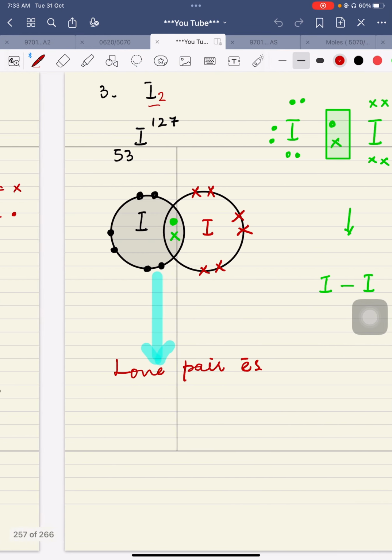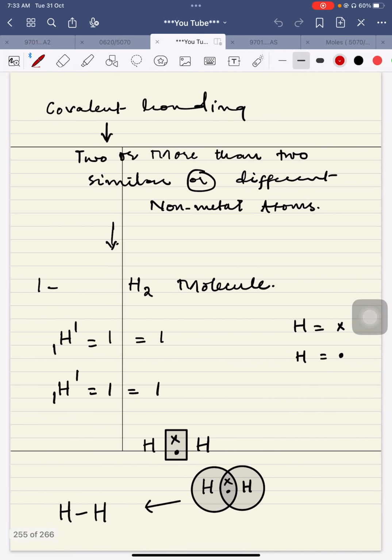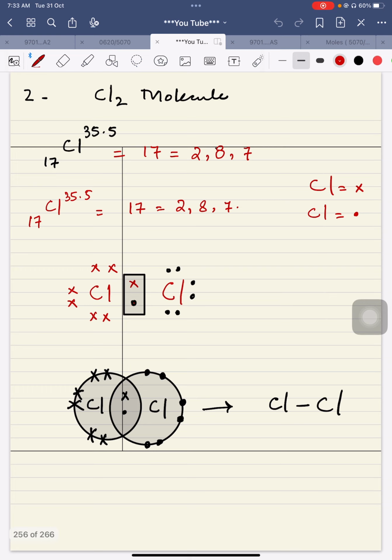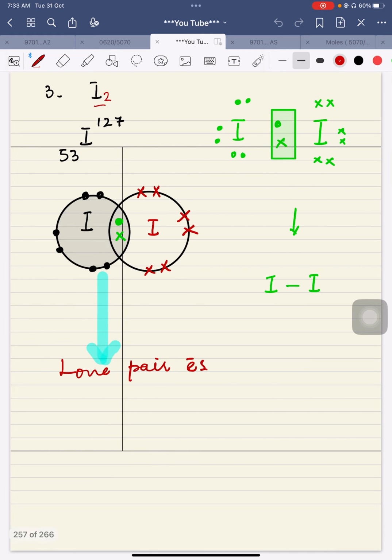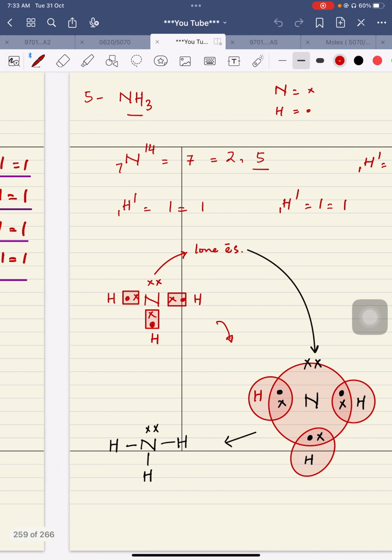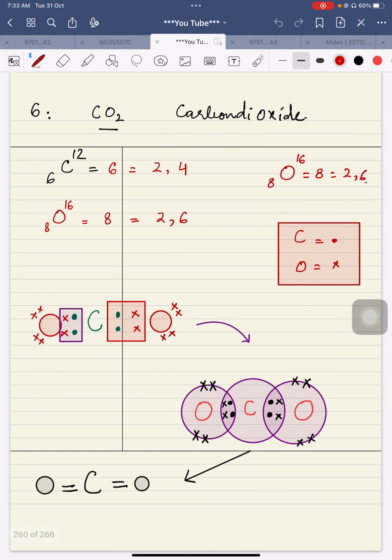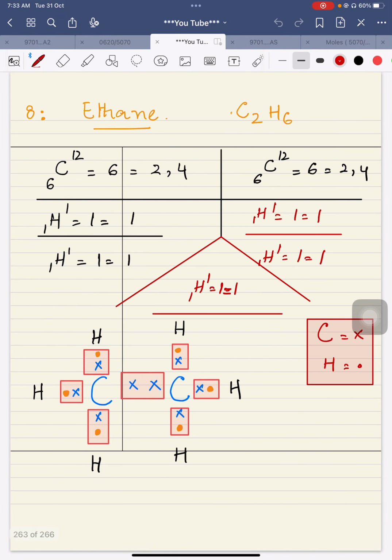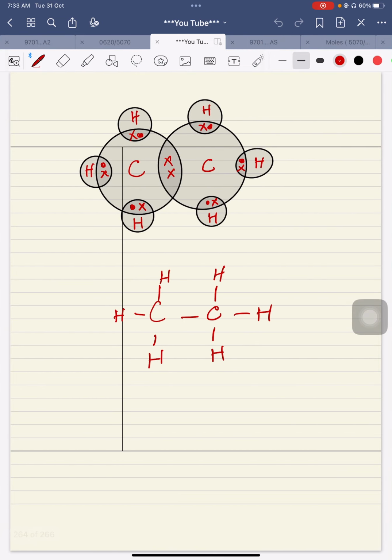And first of them was the molecule of the elements. One of them was hydrogen. The second example was for chlorine. The third example was for iodine. Fourth is methane. Fifth is ammonia. Sixth is carbon dioxide, and the seventh is water. Eighth is ethane. And now we are going to make the practice